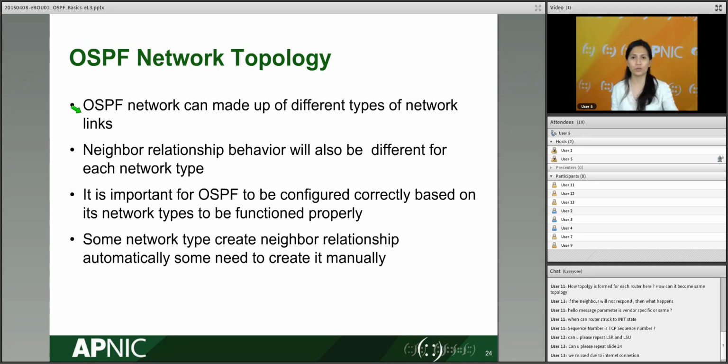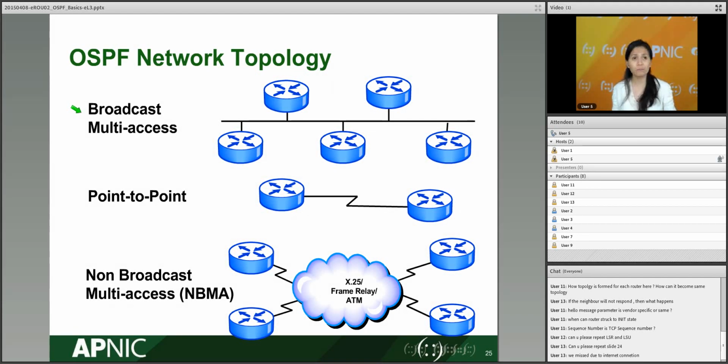Can be point-to-point networks, can be using WAN, can be using serial interfaces, can be using Ethernet, can use X.25, frame relays, and so on. So it's necessary to understand the different topologies. And just quickly go through here that there are three typical types of OSPF topology: broadcast multi-access, point-to-point, and non-broadcast